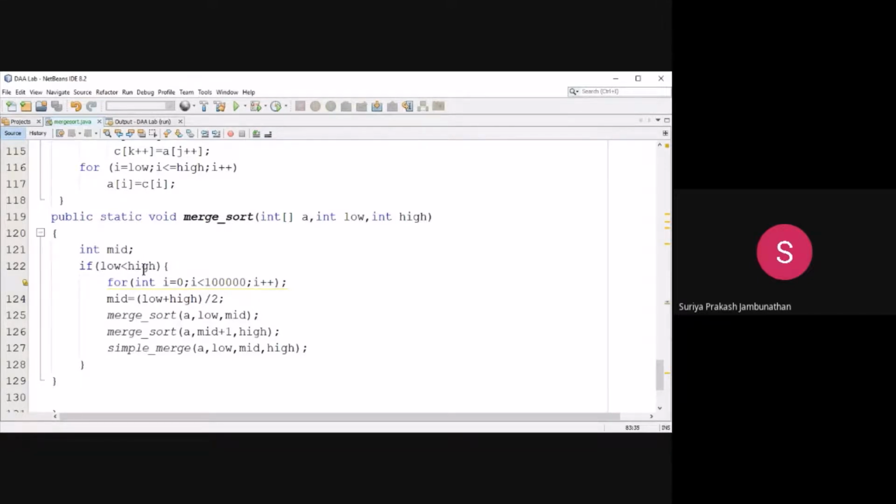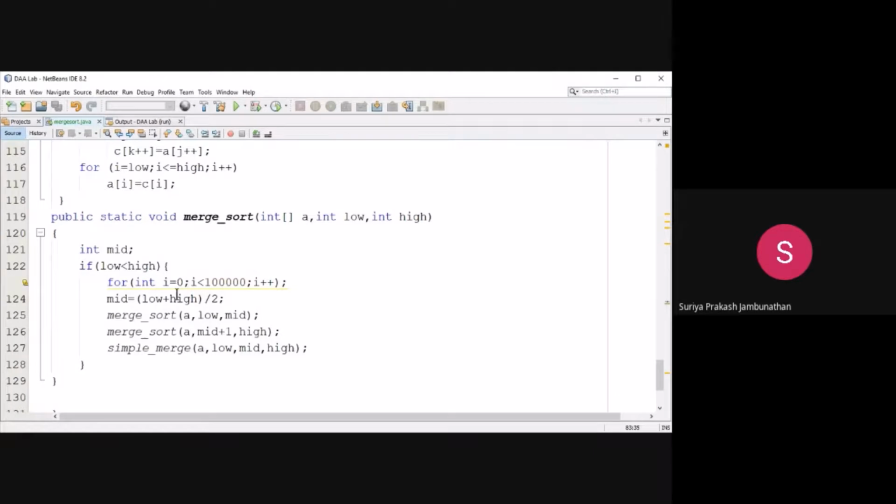If this condition is true, we start with the loop. This particular loop will execute one time, and every time it will just do the process.